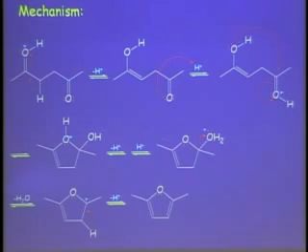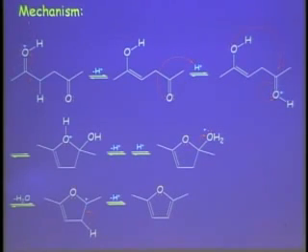Then you reprotonate here. So I'm writing these without writing the intermediate neutral species. So essentially, this proton jumps from here to here, but it does so by coming off and then back on. That turns this OH into a good leaving group. Okay, so the leaving group leaves. That makes this guy. And then you lose a proton to make the double bond. This step, normally, in the presence of an alcohol, would make the acetal. But in this case, you're deprotonating because the driving force is to make the aromatic furan.